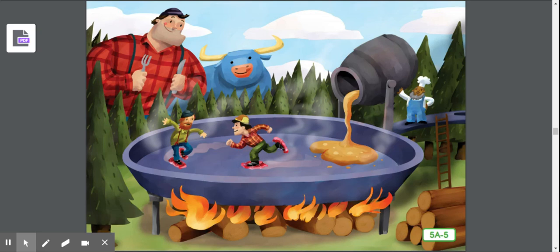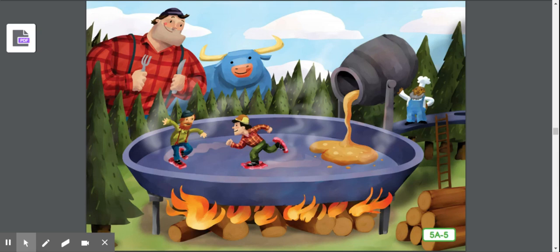The colossal pan sat on an enormous cast iron frame. Every morning, Sourdough Sam would build a raging forest fire underneath the pan. Then he would call for his two helpers, Lars Larson and Pete Peterson. Lars and Pete would grease up the pan by tying slabs of bacon to their feet and skating back and forth across the sizzling pan. Then Sourdough Sam would make a giant stack of pancakes for Paul and an even larger stack for Babe.